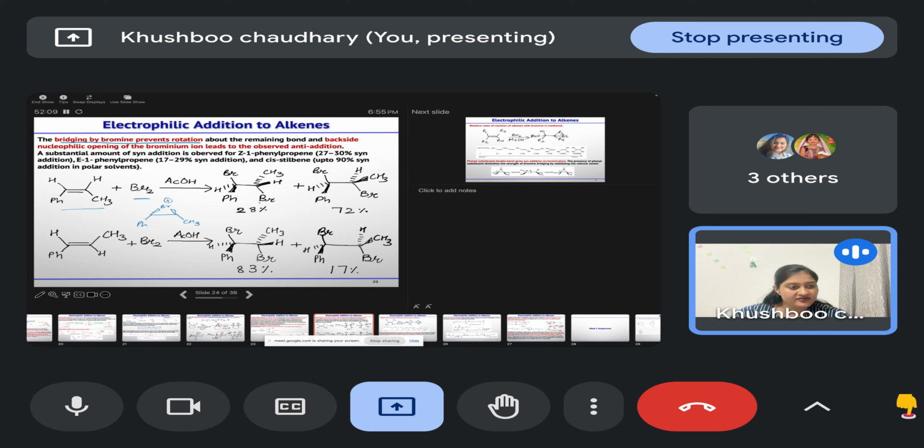In the case of a phenyl substituted double bond, you will get syn addition on bromination. Now, why is it so? Because the phenyl substituent will break the carbon-bromine bond in the first case, so the carbocation will generate. Now, rotation is possible about this carbon-carbon sigma bond, and because of that, the other bromonium ion can form. So whenever you have a phenyl substituent attached to the alkene, after the bromonium ion formation, the bond can break and rotate, and we will get that cis syn addition product.